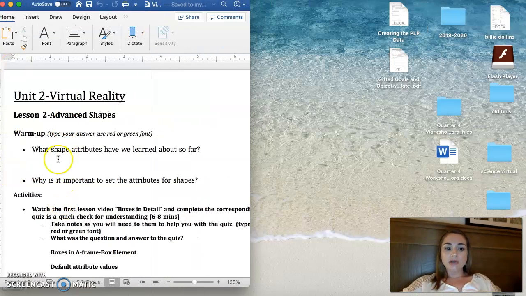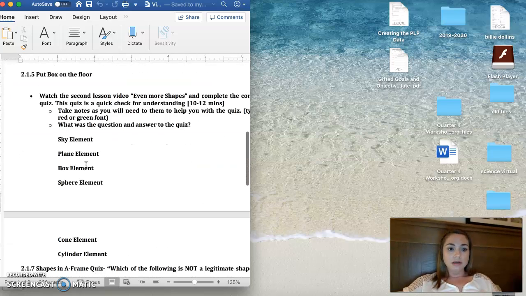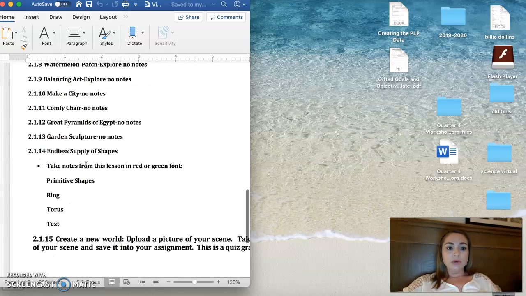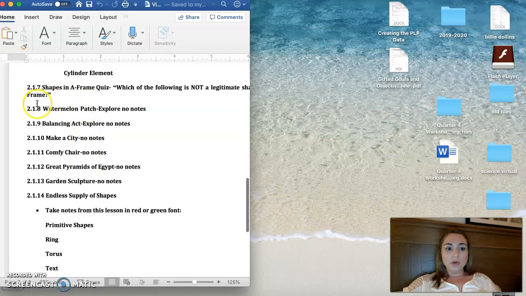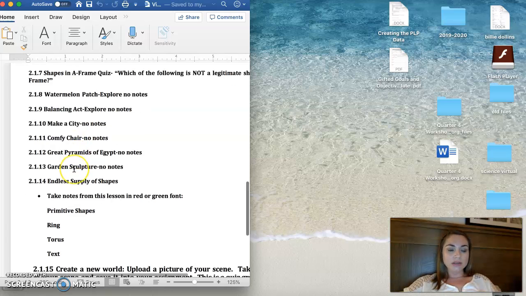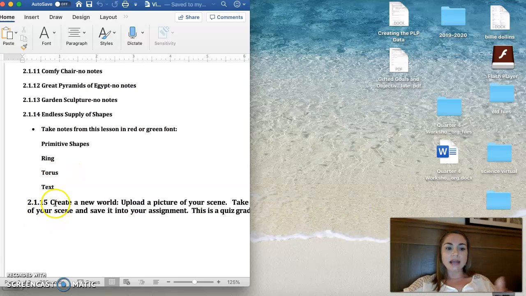And you're going to type in your answers in green or red font. So there's several things for you to do. When you're looking at, for example, 2.18 all the way down to 14, these are just the lessons where you're either coding something or you're interacting with the code and exploring it to try to learn more about how it works. Like I said, the final lesson, which is lesson 15, you're creating a scene and you need to upload